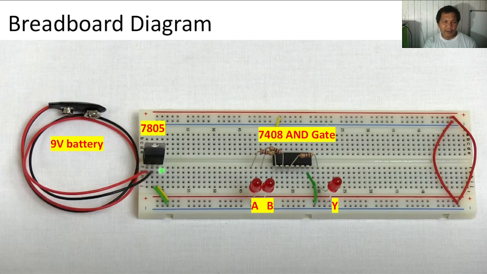So 7805, pin number 3 is 5 volts. That's connected to the positive line here on your breadboard. So negative will be this line. Okay, I think now you can see the positive and negative terminals here. So A and B